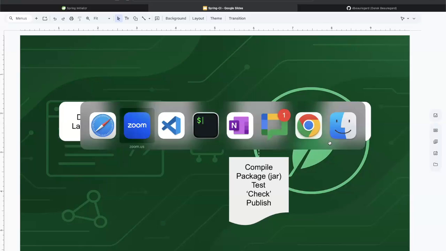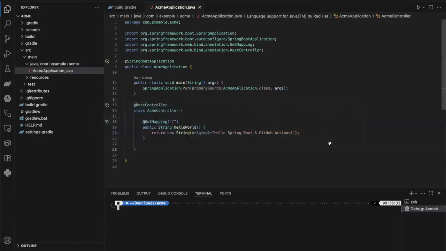Let's go ahead and move over to Visual Studio Code. So we're again looking at our Acme application, a straightforward Spring Boot application. I've added a simple REST mapping here to say hello. So if we go ahead and run this,